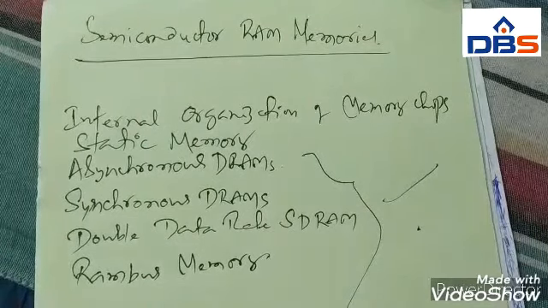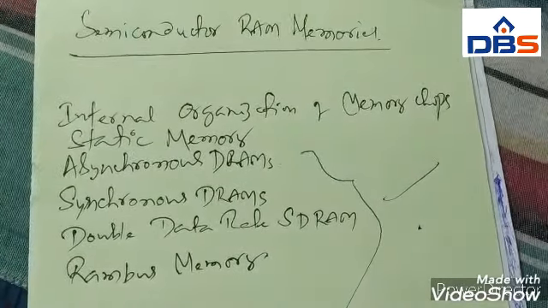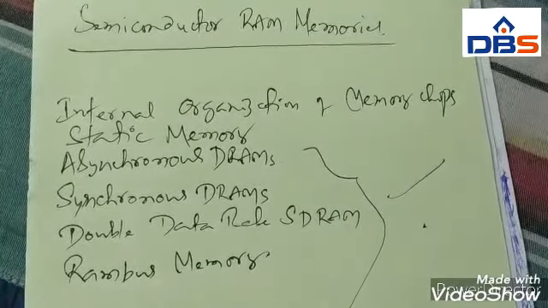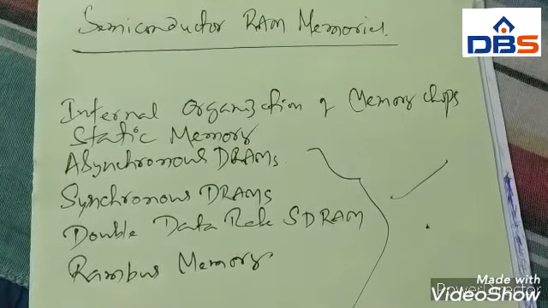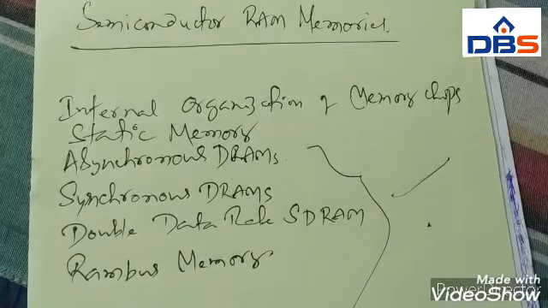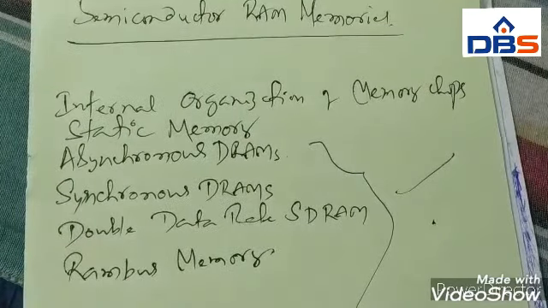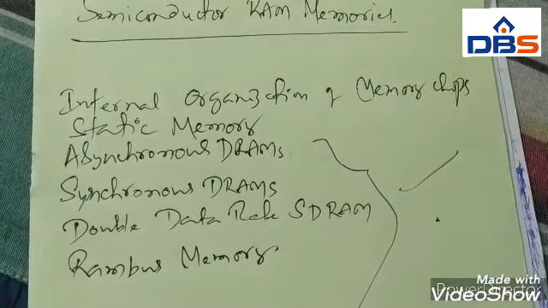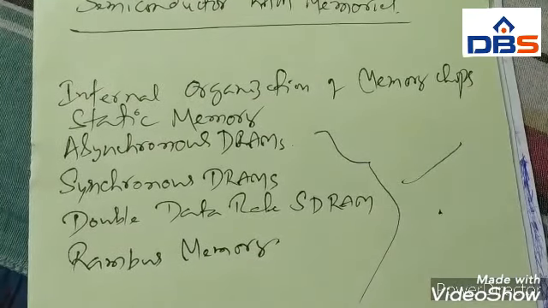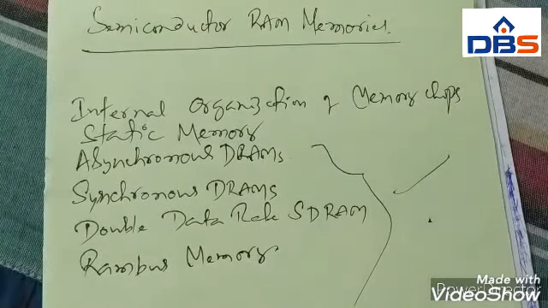Random access memories means we can perform accessing here. These are also volatile memories. What does volatile memory mean? Whenever the power is switched off, the contents available in the memory are lost. Those are called volatile memories. Among volatile memories, RAM is the primary memory, which is used to store the internal data of the memory.